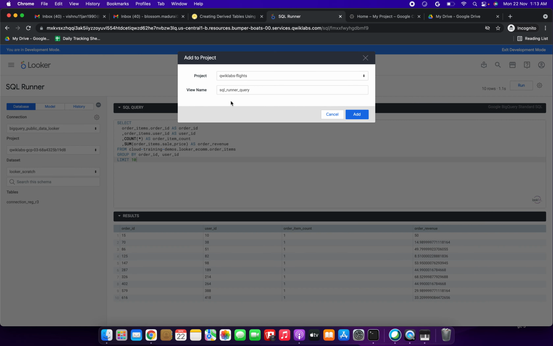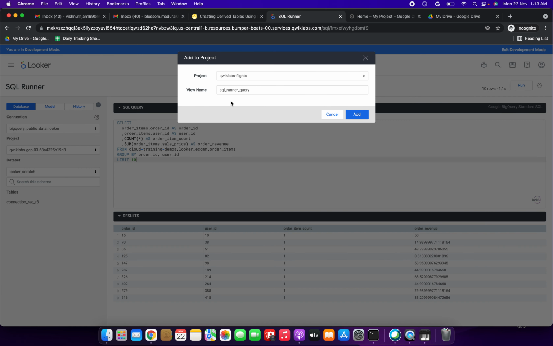Then under the dimension order_id we need to put primary_key: yes. Great. I'll copy this primary key and put it under the dimension order id here. Same thing, we need to put primary_key: yes. Okay, done. So we have done these two steps.